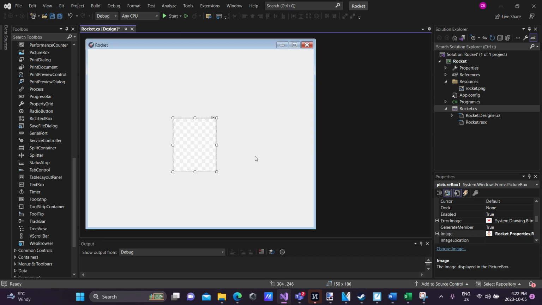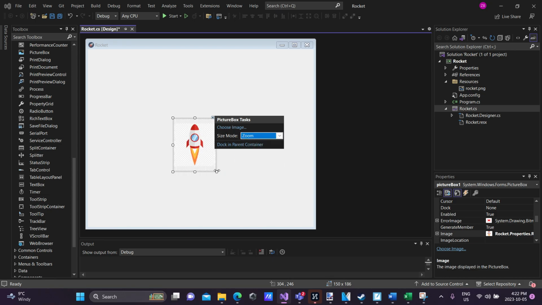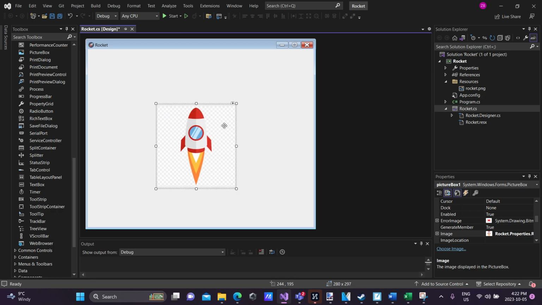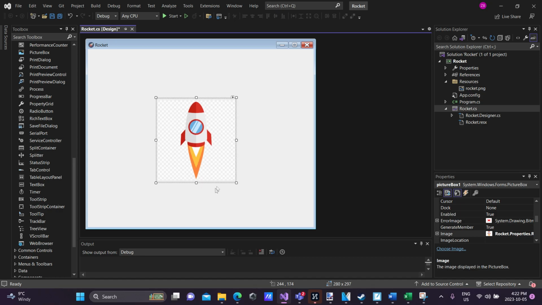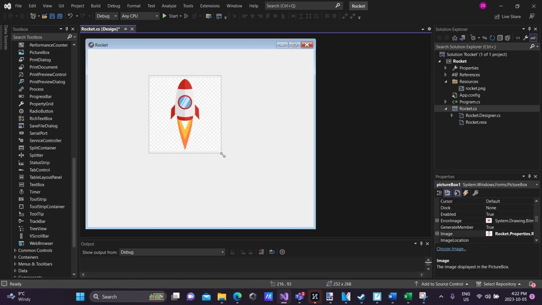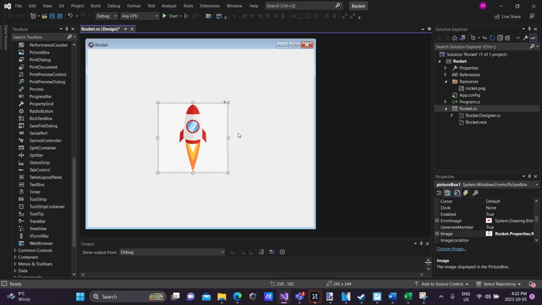And change the size mode. I always like the zoom size mode because it basically changes the size of the image to my Picturebox. Now, you may run into this. You download an image and it's got a background. And this particular image has a checkered background. That's not really appealing. So I'll show you another trick. If you ever come across an image like this,